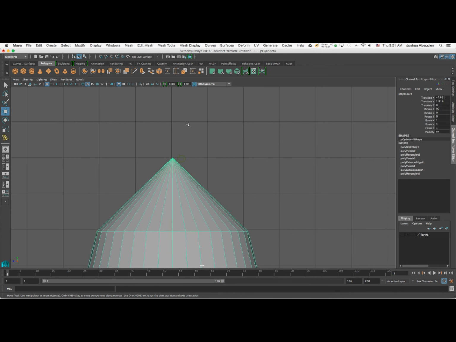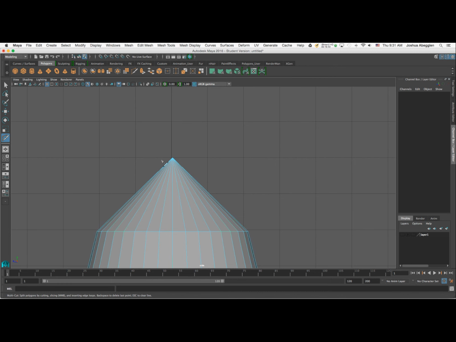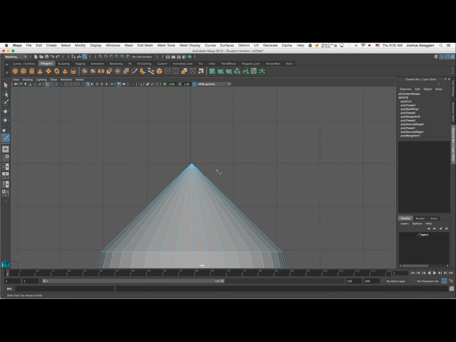I'm going to select this in object mode. I'm going to go to my mesh tools and grab my multi-cut tool. I'm going to click off to the side here, and I'm just going to drag that across while holding shift so it snaps to these angles. All right, so I'll let that go, and that'll pop in an extra edge loop right there at the top. I can grab all the faces just north of that. I can hit extrude